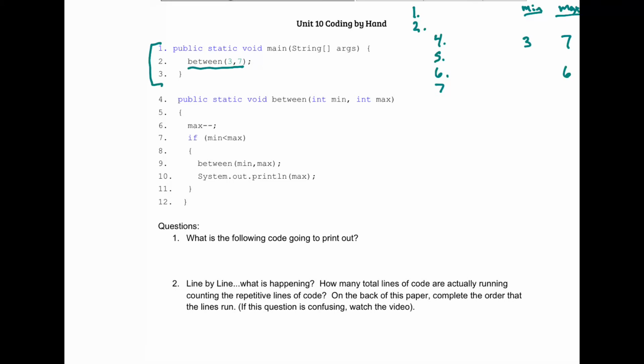If min is less than max, right, 3 is less than 6. So then we're going to run line 8. And then we're going to run line 9. But before we finish line 9, right, we're going to get right up here to the end of the parenthesis. And then we're going to jump back up to line 4. So once again, notice that we're in between a lot of lines of code right now, right? We still have not completed line 2, and we haven't completed line 9, but now we're jumping back up to line 4, which will then make us run line 5,